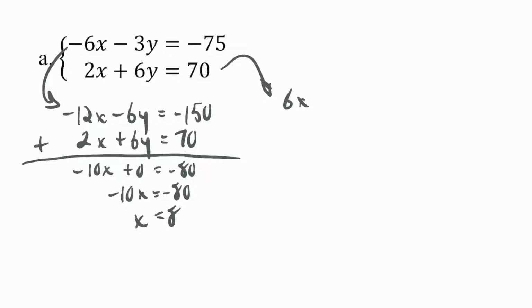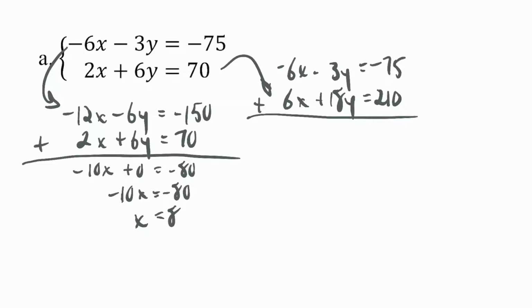So 6x plus 18y equals 210. And I'll just copy the other equation above it without changing anything. Okay, and then I'll add down. So I'll get 0 plus 15y equals, was that 135, I believe? Yeah, that seems right, 135. Okay, so I'll have 15y